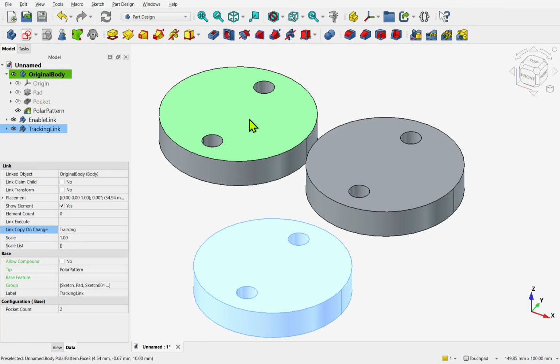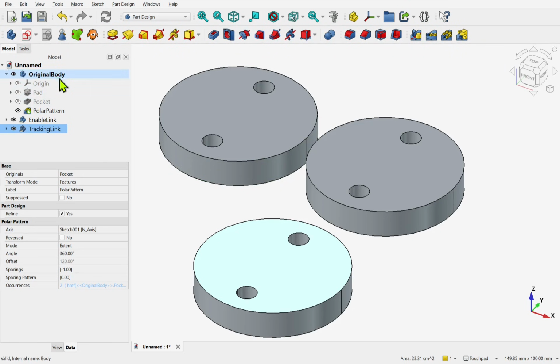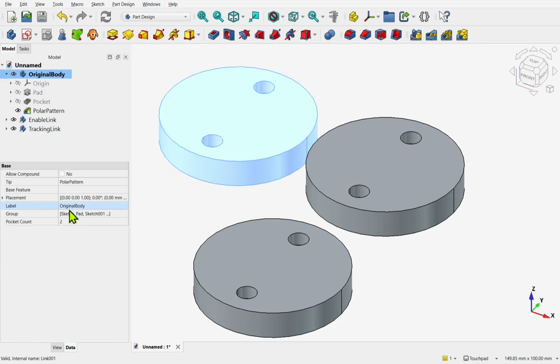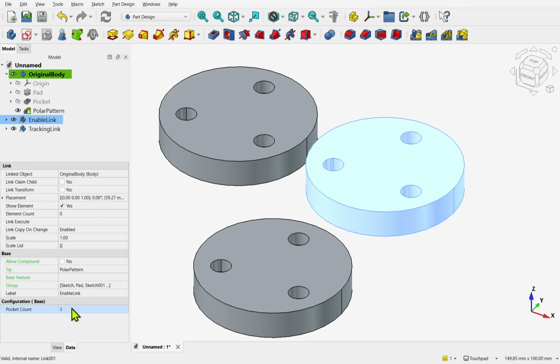We have the original, enabled, and the tracking. But at the moment, we haven't triggered that copy on change. We haven't changed anything on the links. So by rights, if we go to the original body and change the pocket count to 3, each of these will update. Now, if we go to the enabled link and change the pocket count to 4, you'll see some